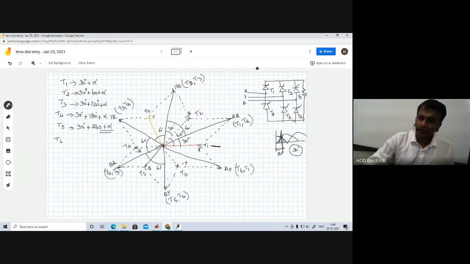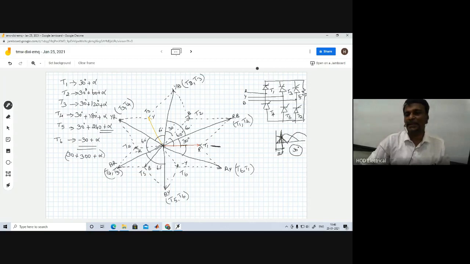Then T6, you can write T6 instead of going through this entire thing. Here, this is the T6 will start from here. So from this 0, this is minus 30. So minus 30 plus alpha, we can write T6 will conduct. Or otherwise, 60 plus 60, 30 plus 240 plus 60, again nothing but 300 degree. So 300 degrees, minus 360, so we will have minus 30 plus alpha, otherwise minus 60 degree plus minus 30 degree plus alpha.